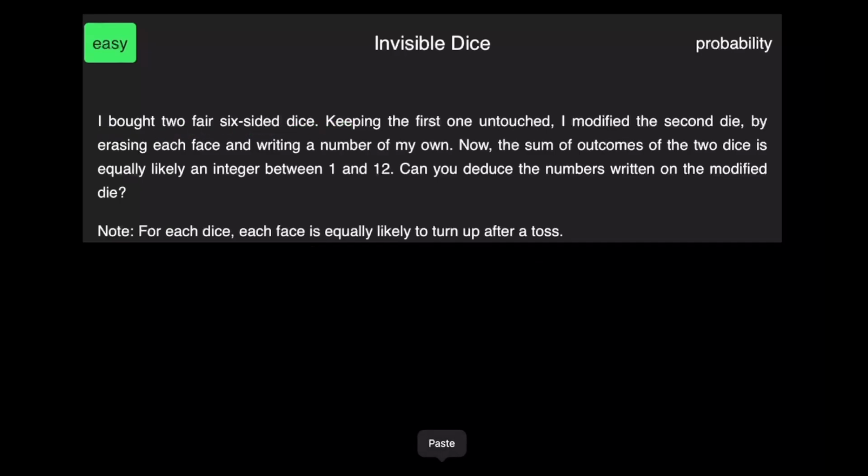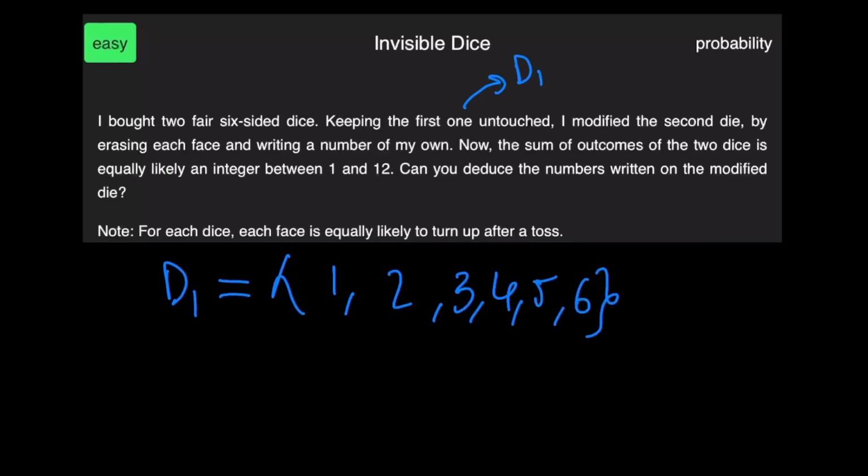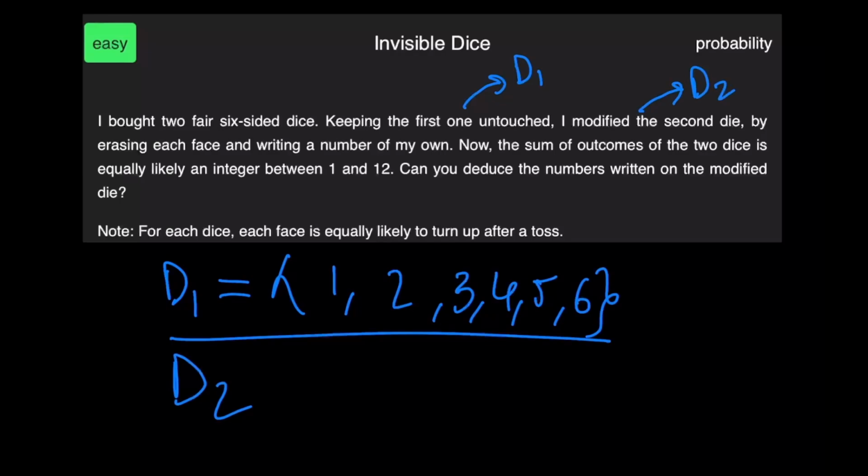This line over here says that keeping the first one untouched, let's call the first dice D1. That means D1 has a sample space of 6 as stated over here. But what happens with the second dice, which is mentioned over here, is that usually it would be the exact same sample space as D1, but we have erased each face and written a new number of our own. So there are now 6 new values on D2